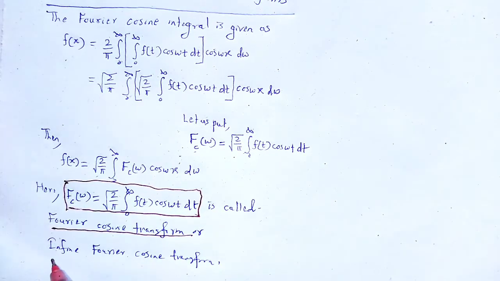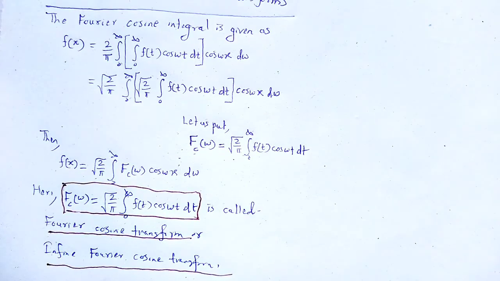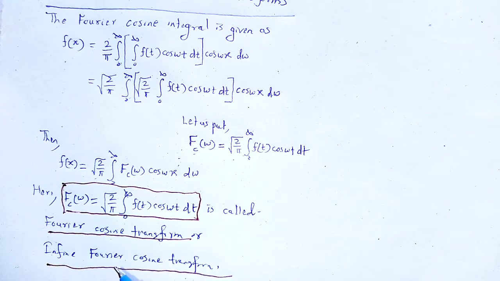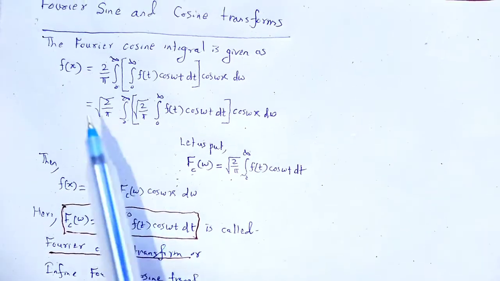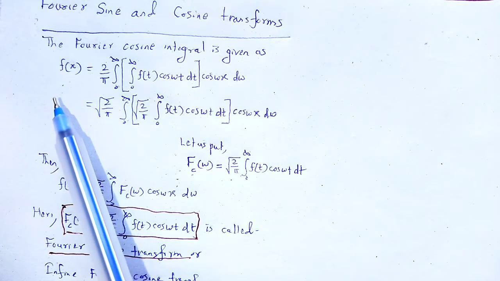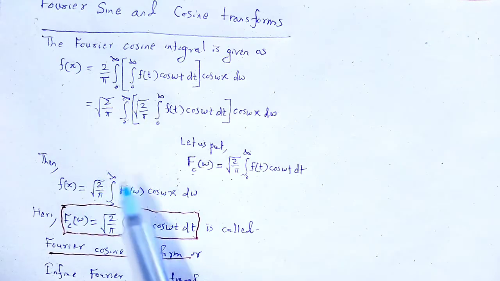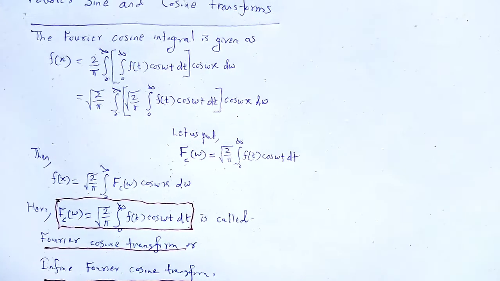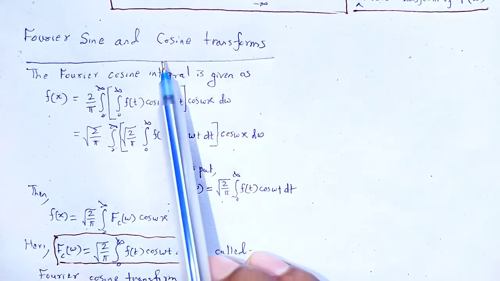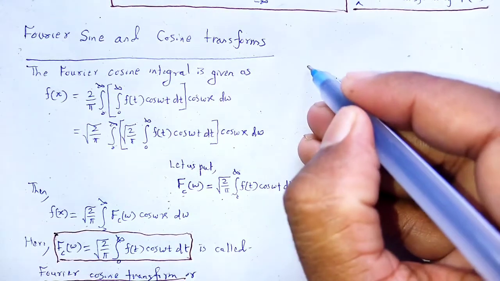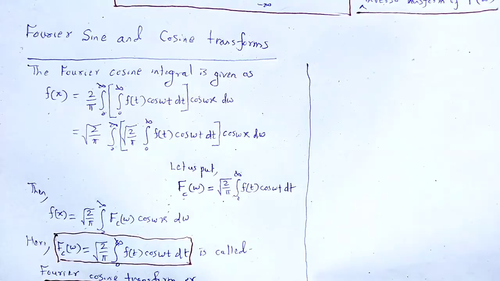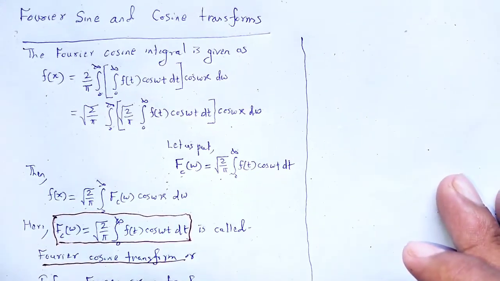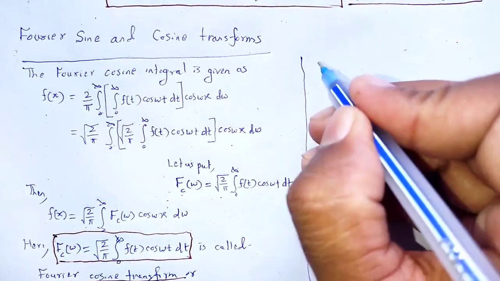Fourier cosine transform or infinite Fourier cosine transform. Similarly, that function f of x is said to be the inverse Fourier cosine transform of that function. Next, Fourier sine transform. In similar manner, you have to show. Similarly,